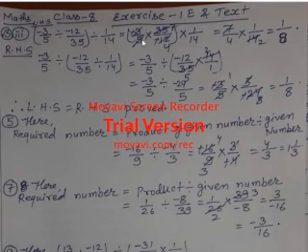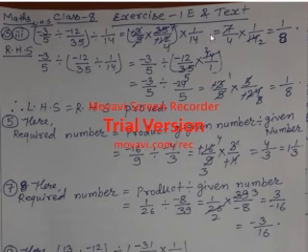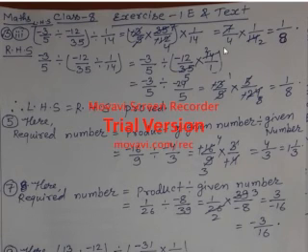So what happened? 5 7s are 35, 3 4s are 12, minus minus got cancelled, so it becomes 7 by 4. 7 by 4 into 14 by 1 it will become. It's my mistake. So this 14 will go up and 1 will come down, and in that case 14 7s are 98, sorry, 98 by 4 it will become. When you reduce 98 and 4 by 2, up and down, then it will become 49 by 2.